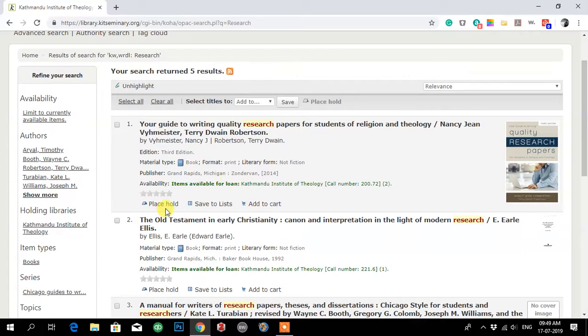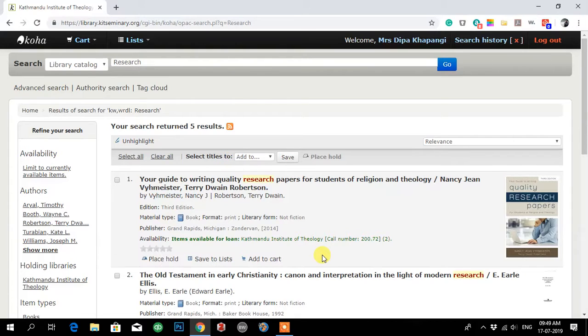So what you have to do, place hold, and once you place hold, then we will know, okay, you want this book, and we'll get it ready for you, and you come to library and ask us, then we will provide you the book. Please, if you have any confusion on this, please ask the question to librarian,